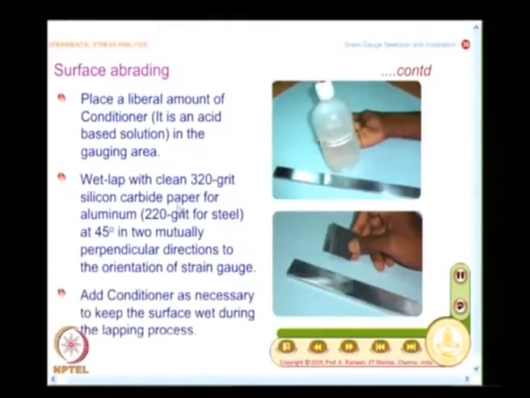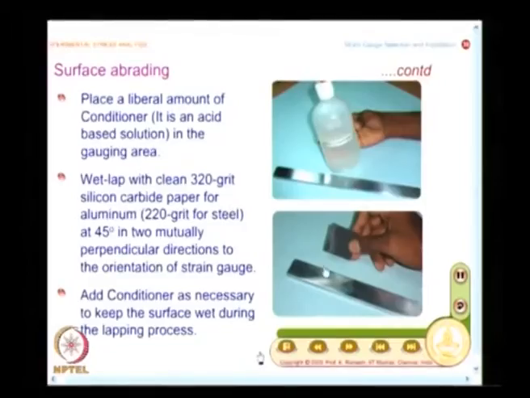And here you are not testing your muscle power, so do not rub the surface with full force. That is not what is anticipated. What is anticipated is to prepare a surface which has sufficient roughness, and what they say is 12 strokes at 45 degrees and another 12 strokes at minus 45 degrees would do for preparing the surface.